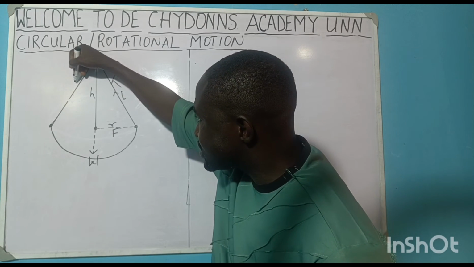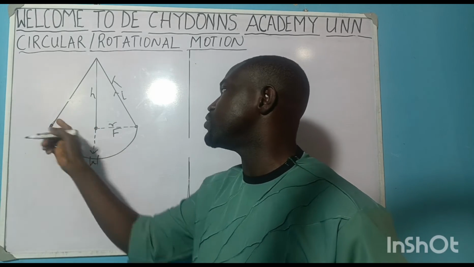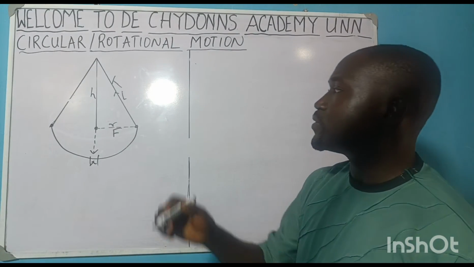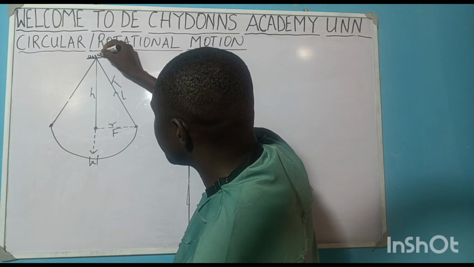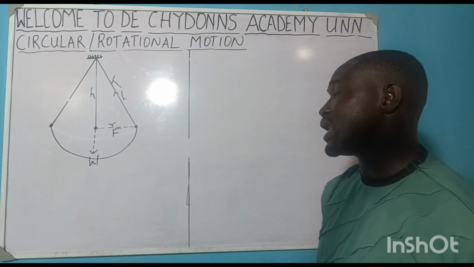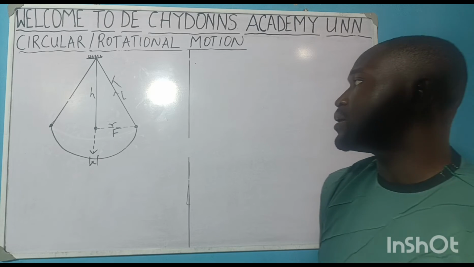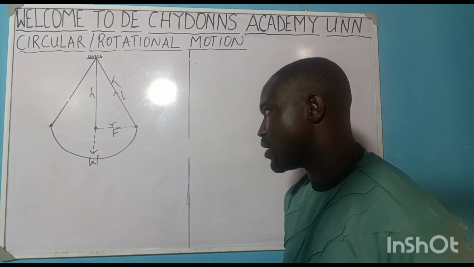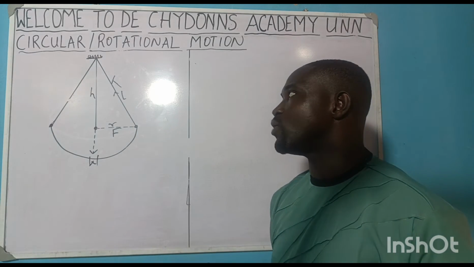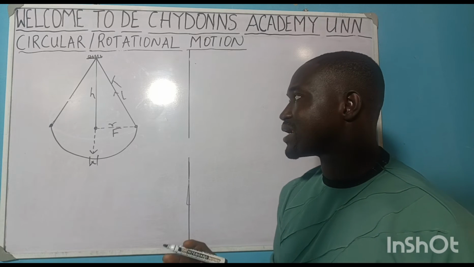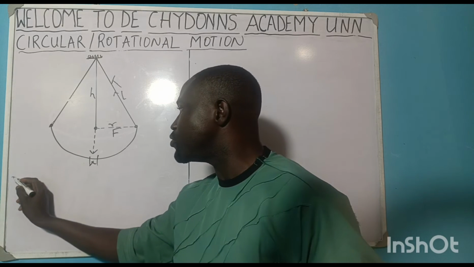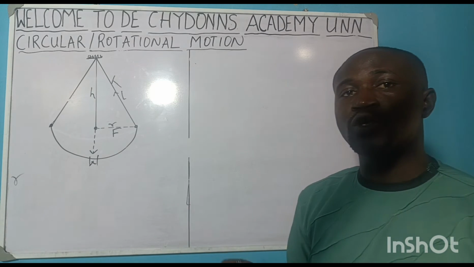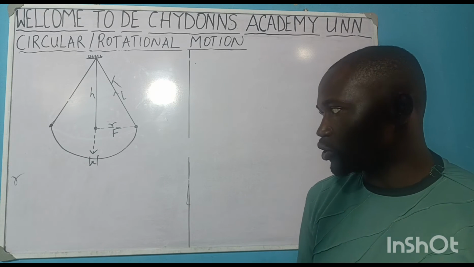Slant length, vertical height, and radius. Are you getting it? So this is where the body is clamped. Then as you are seeing it like this now, they want to do some important derivation. If they ask you to find the radius of a body undergoing horizontal circular motion, the